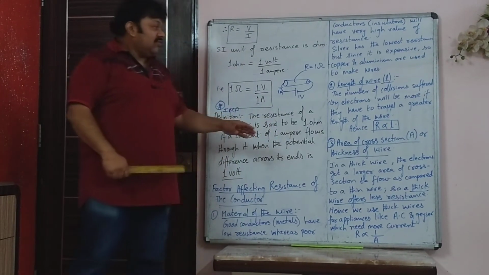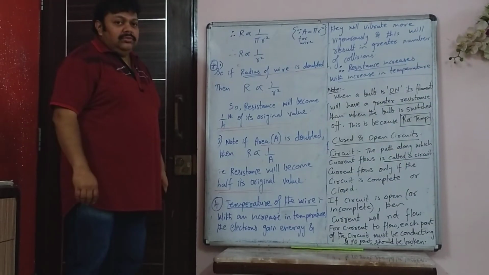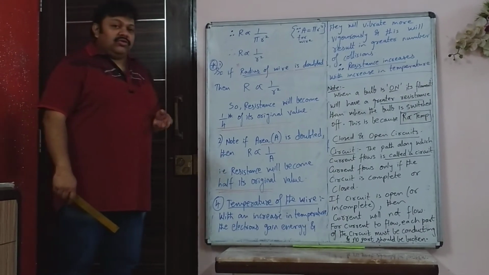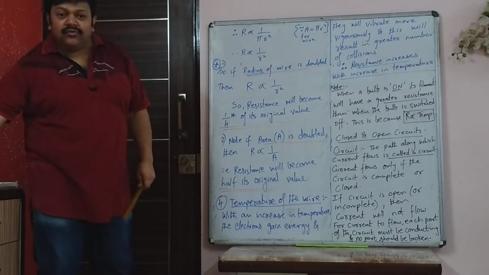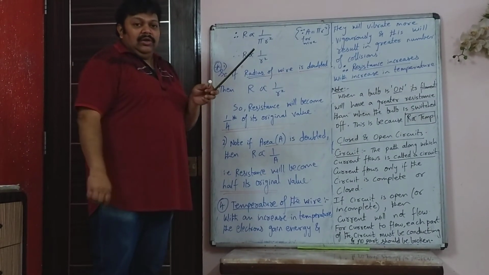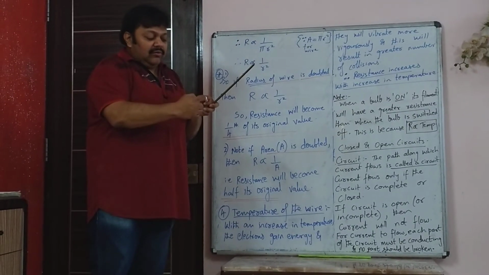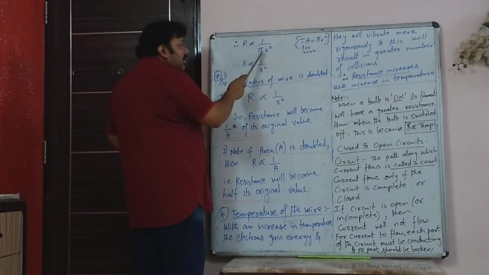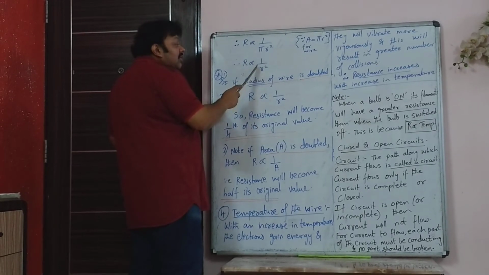So, three factors we saw. The fourth factor also we will see now. You have resistance is inversely proportional to thickness or area. But what is the area of a wire? A wire, if you look at the cut section, will look like a circle. So the wire's radius will be r, and the area of the cross section is pi r squared. So resistance is inversely proportional to the radius, the whole squared.